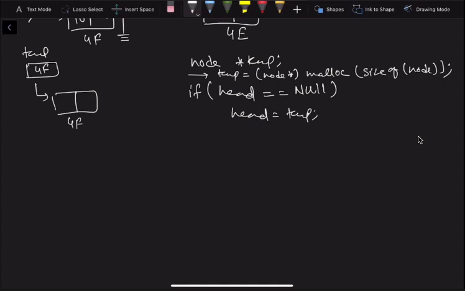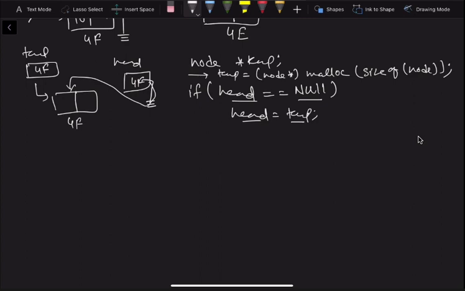We have not inserted any information, we have not inserted any next. Now if head, so head was pointing to null, which is true. Now what we do is, if it is true, head equal to temp. So head will have the same value as temp. So it will also have 4f. It is equivalent to pointing to this.